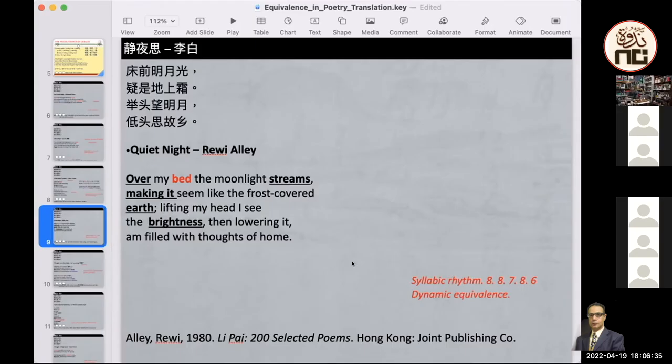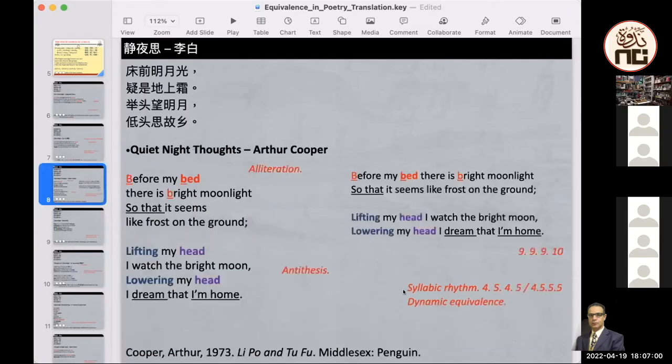But why he did that? Because of the syllabics. Then when we see that, we should realize if the accents are not so clear, if it's not accentual, then we know that it's syllabic. That's why you see it's 8, 8, 7, 8, 6. And he rendered it in 5 lines, not 4. So this is dynamic. And also the previous line, this is dynamic equivalence. This is not formal equivalence. This is dynamic. Because his main target is the English reader. His main focus is the target reader, not the source reader.